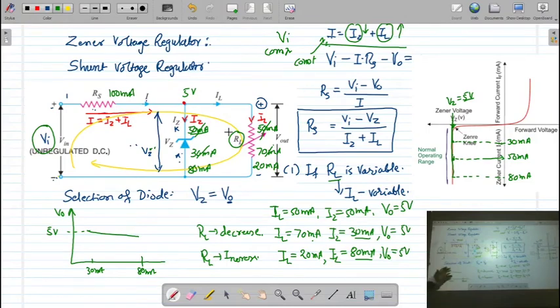Now from this you can find out the load regulation of the power supply. You know that load regulation means the output voltage depends on the load current, where from the change in voltage you can calculate the load regulation. Okay? Now we will see line regulation. Line regulation means where we are changing the input voltage, and we have to see what the change in the output is.